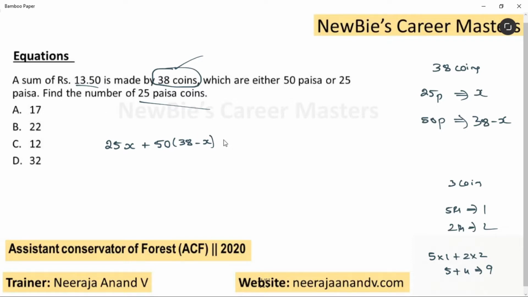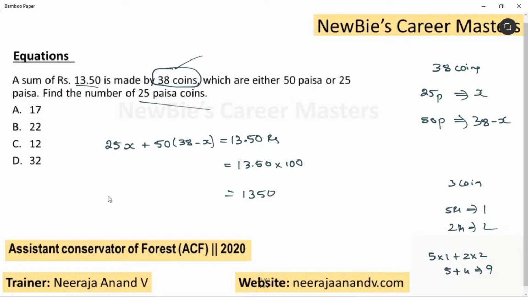They are telling this is equal to 13.50 rupees. Very, very important, newbies. You can't equate this paisa and rupees like this. See, LHS values are in paisa, no? Then RHS should be in paisa. Understood? So let's convert this. How can we convert this? Just you have to multiply this value with 100, because 1 rupee is equal to 100 paisa, no? Just you have to multiply this value with 100 to convert this to paisa. How much we get? We get 1350 paisa.